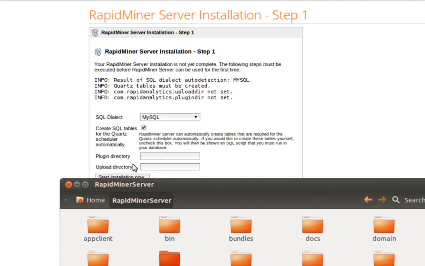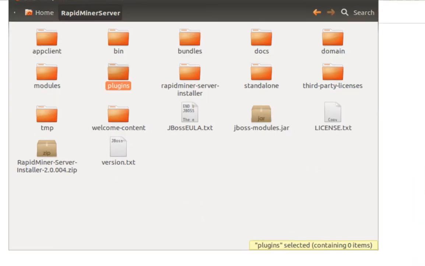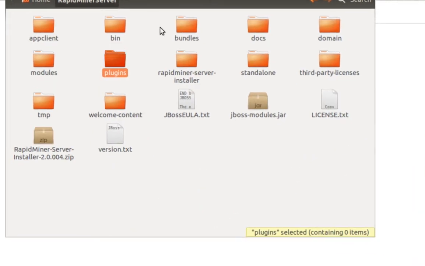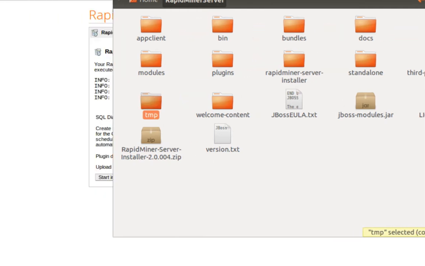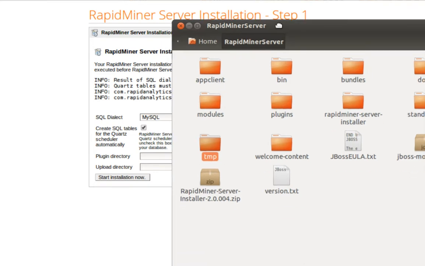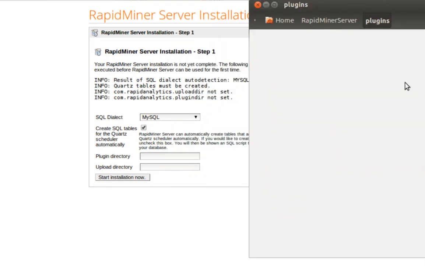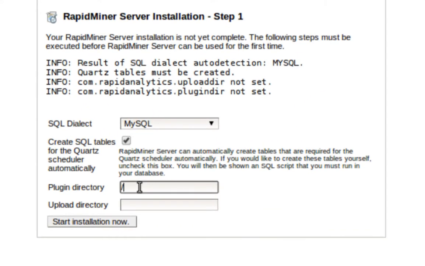That's used for the plugin folder, and the other one, I used tmp here for the upload directory. So basically what you do, you put the fully qualified path in here,